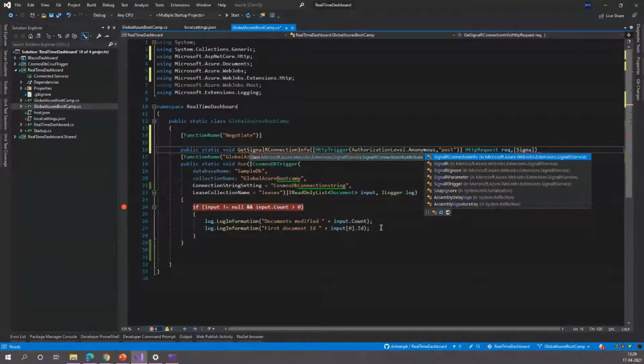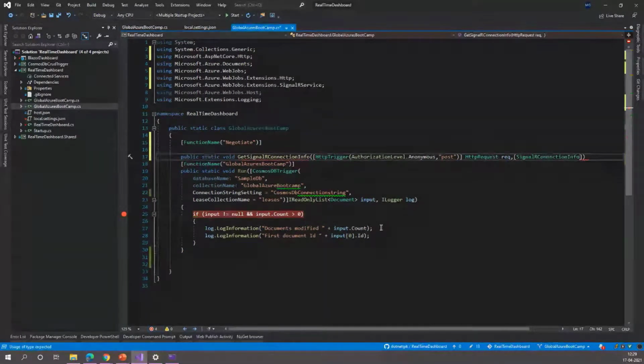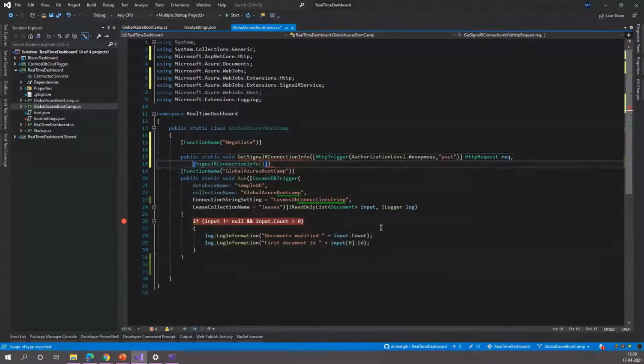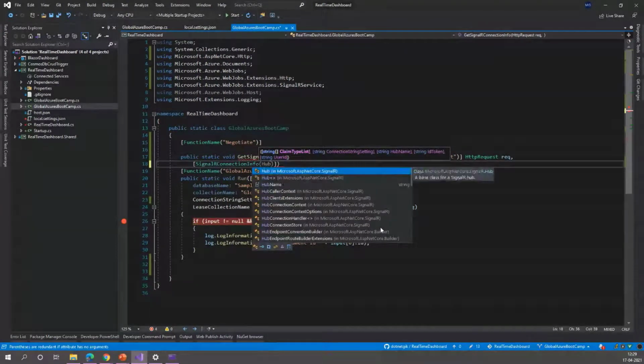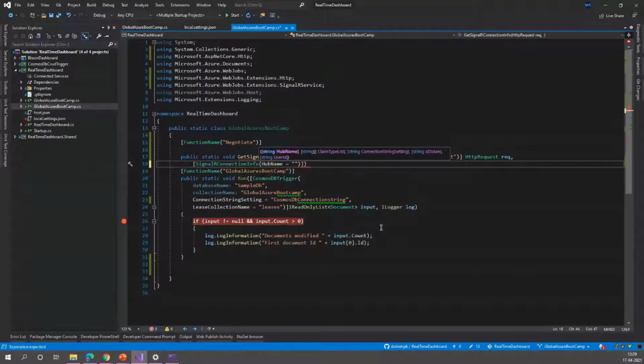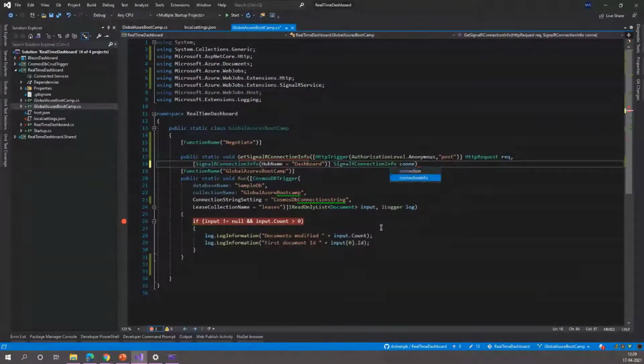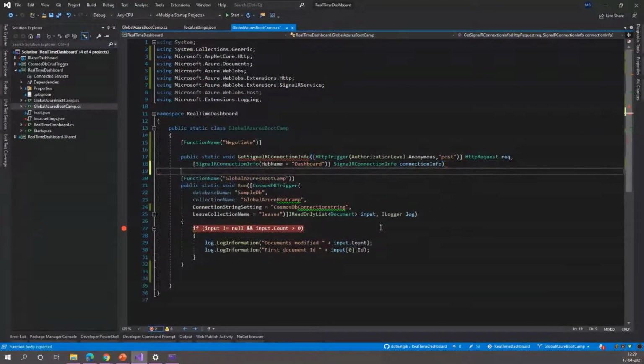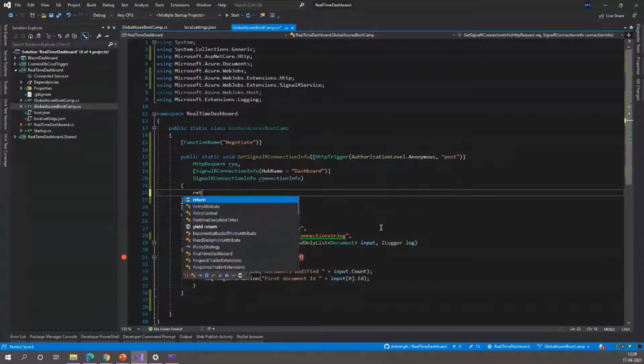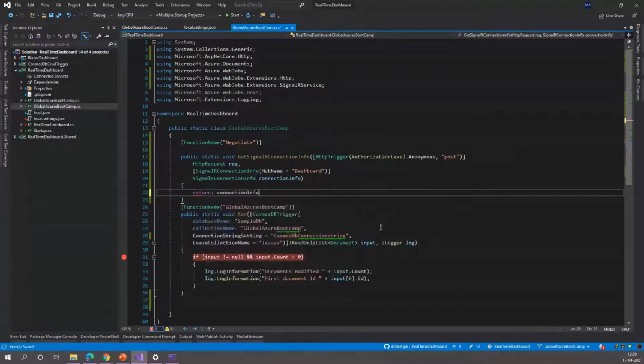So for this, we will use the SignalRConnectionInfo. Let's add this here. In this case, we will provide the hub name, which would be dashboard, and here we will just return the connection info.